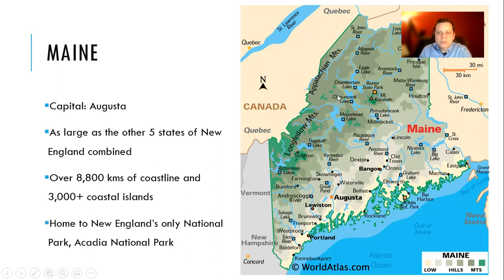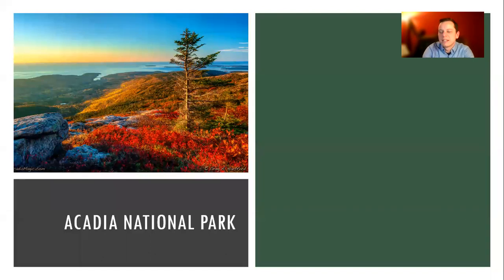It's actually also home to New England's only national park. Remember yesterday we saw that map and how many national parks are across this whole huge country. There's only one in all of New England, and it's in Maine. And if you've got sharp eyes, you can see it on the map, otherwise it's being circled now. Acadia National Park. That is in Maine. It's the only national park in New England.